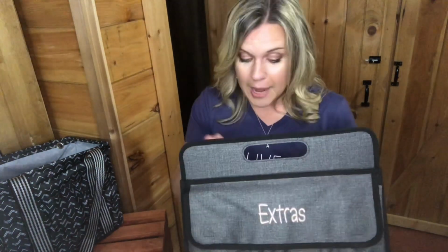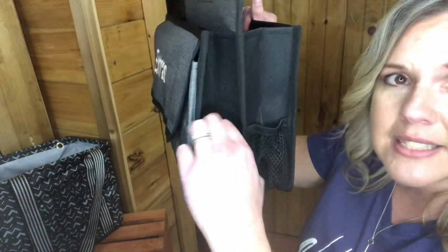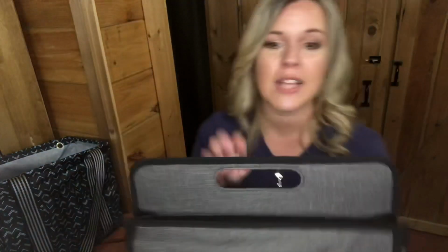So I come downstairs and grabbed one of these, and I put all of those extra bottles of shampoo, everything in here, deodorants, all kinds of stuff in here. This thing is jam-packed. I've got extra mascaras and eyeliners and things on these sides. It is like perfect. So if I need something out, all I gotta do is just take it out and grab what I need and put this back under there, and it's so organized. So I love that. So this is called the Deluxe